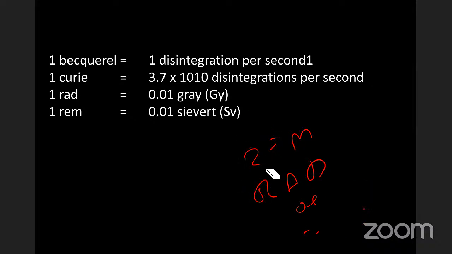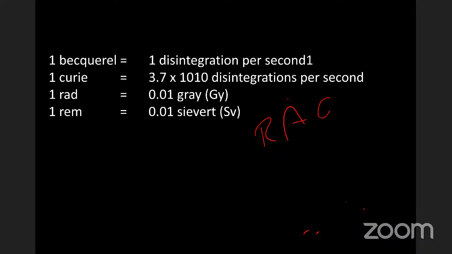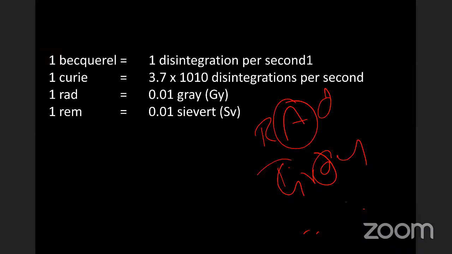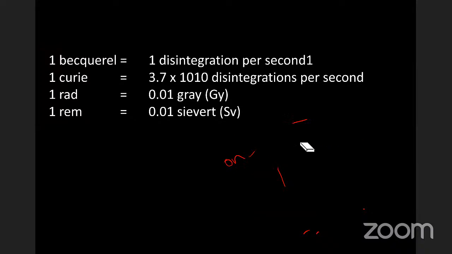Then if they ask particularly about Rad, whenever Rad comes, you need to know it is absorbed dose. Whenever there is Gray, you need to know it is an absorbed dose. Next, whether it is an SI unit or a conventional unit, you see the first letter and you know. Conversions don't matter much. You don't have to know the conversions.